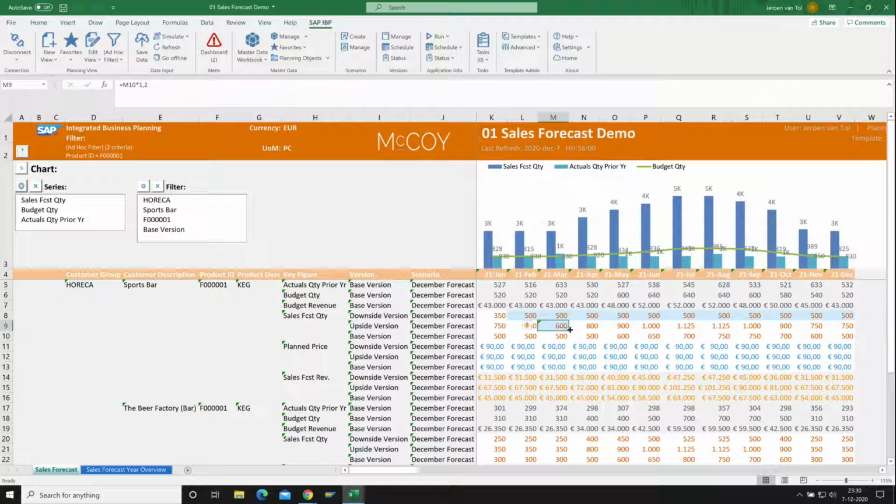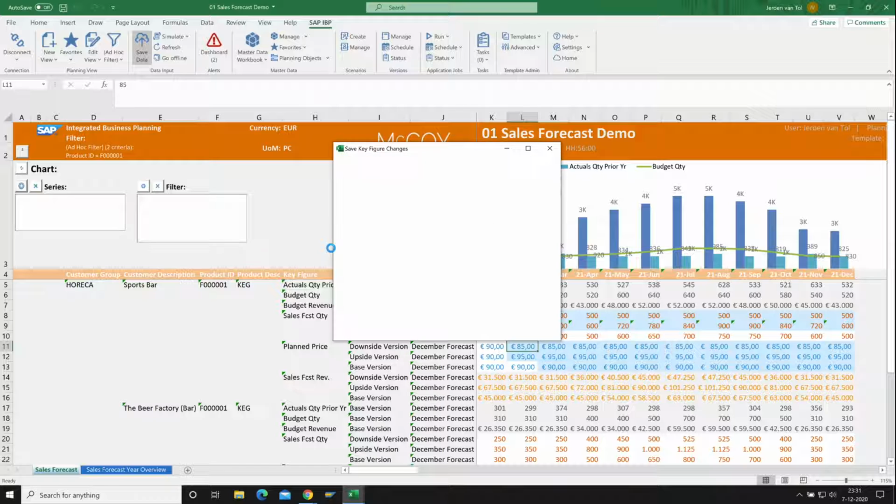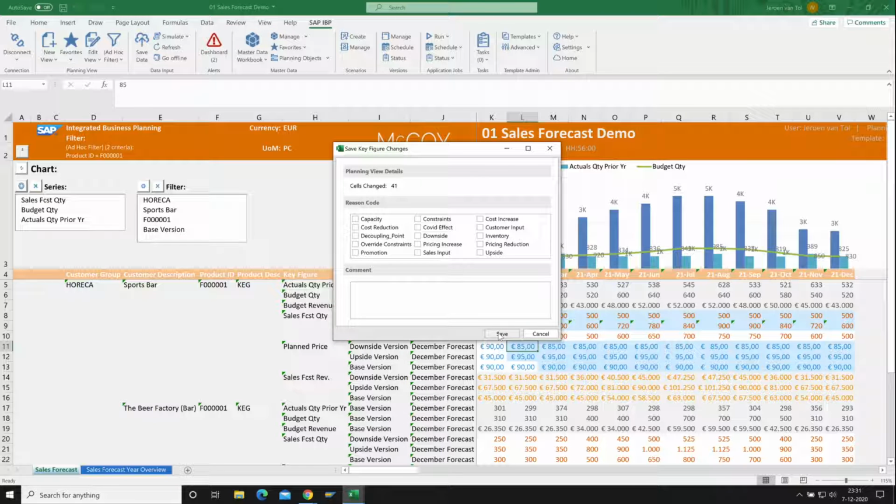As it is Excel, and as you have seen, I can combine normal Excel functionalities with the IBP functionality. So here I can uplift the plan with, for example, 20% by just a simple Excel formula, and afterwards save this result in my database. As said before, I have the possibility to play around with both volume and value in those 3 different versions, so I can see directly the impact from a volume and a financial perspective.